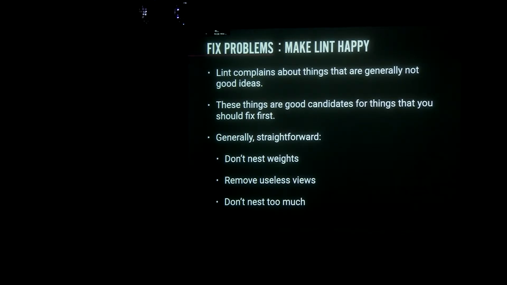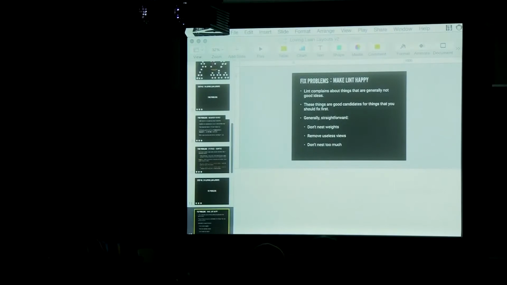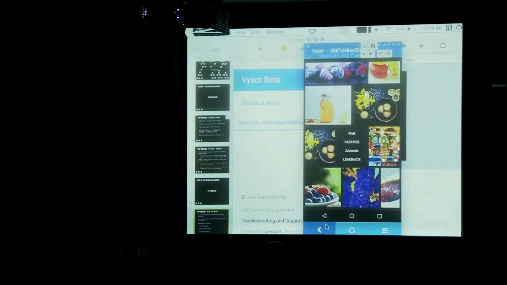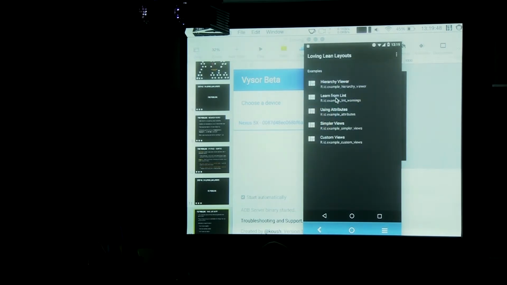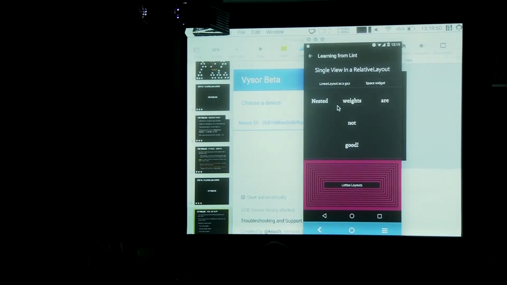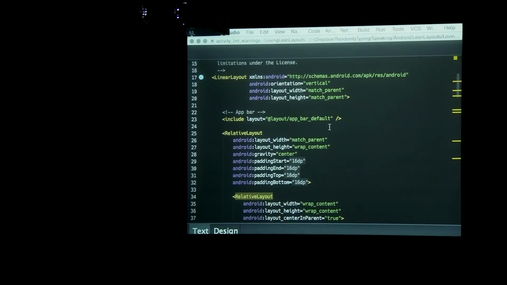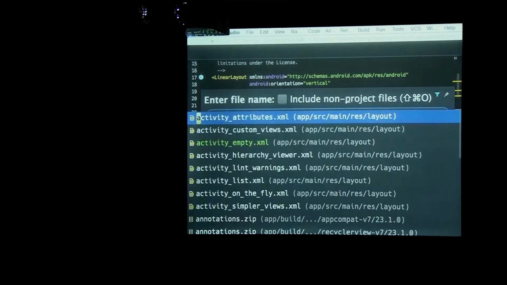There are things like don't nest weights, remove view groups that don't have any children, and don't nest too much. So I actually have an example of that as well. Let's go back to Visor. I have a really weird view here, a lot of things going on. I've got this pink and black monster down here. So if I go to the code for that view,